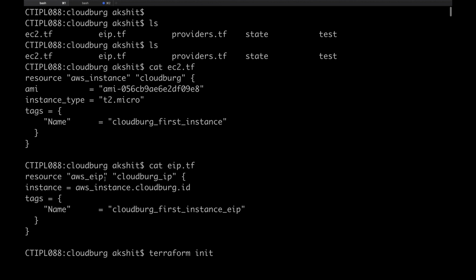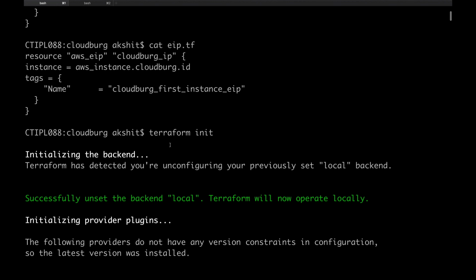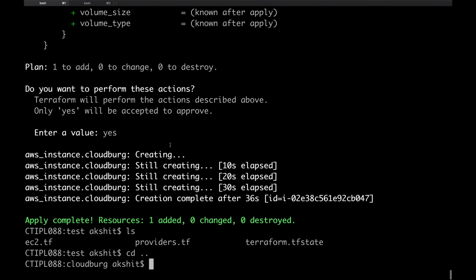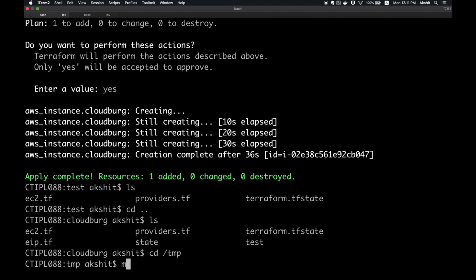We will create one file, backend.tf. Let me show you. Yeah, let's move that file. I have that file in this folder. I'm going to move one backend file to my Terraform directory.